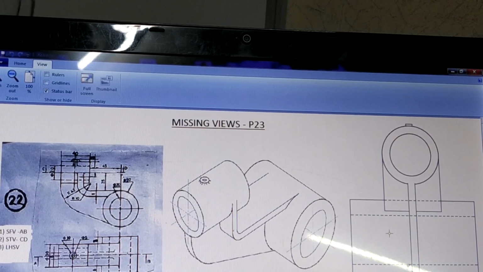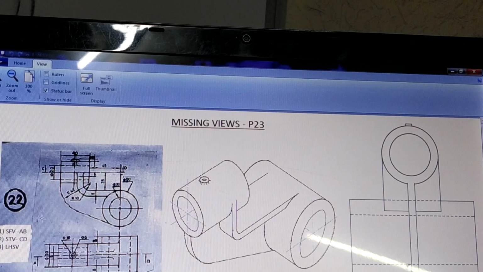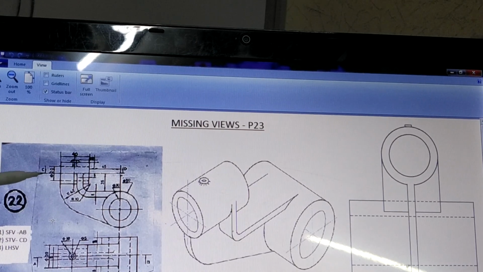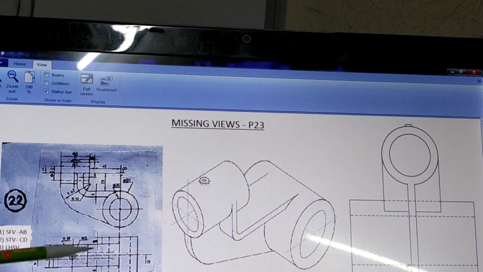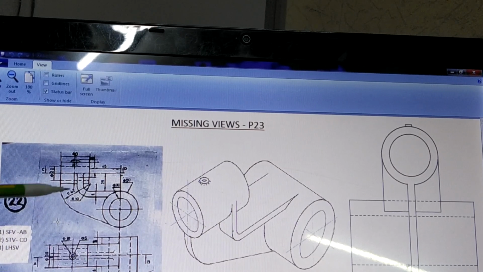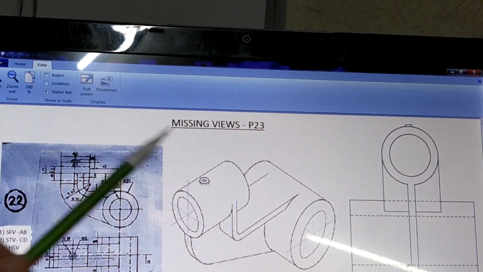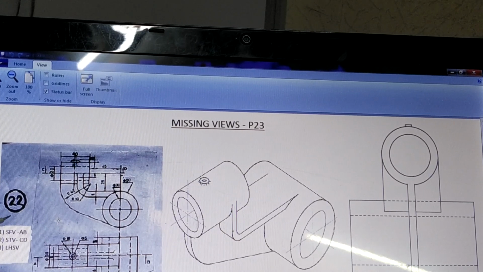So that becomes the first figure or the first exercise, exercise number 22. You can refer to the earlier assignments that are given, take out this figure from there and have a close look at the dimensions, and with those dimensions you can draw. The dimensions may not be visible here, but the figure over here is meant for the purpose of explanation of the given views. So that was missing views, practice sheet number 23, first figure, which is serial number 22.